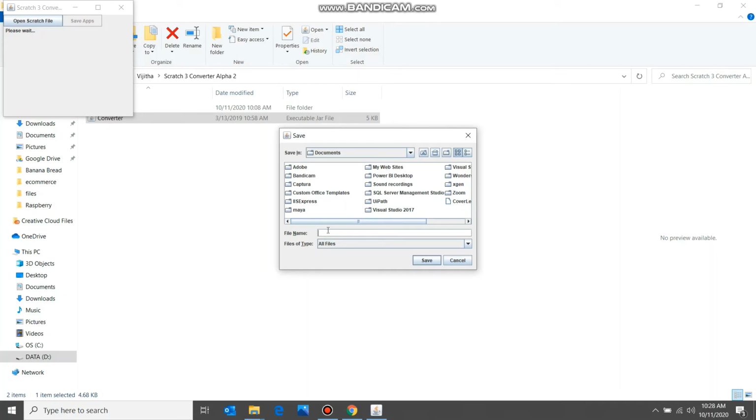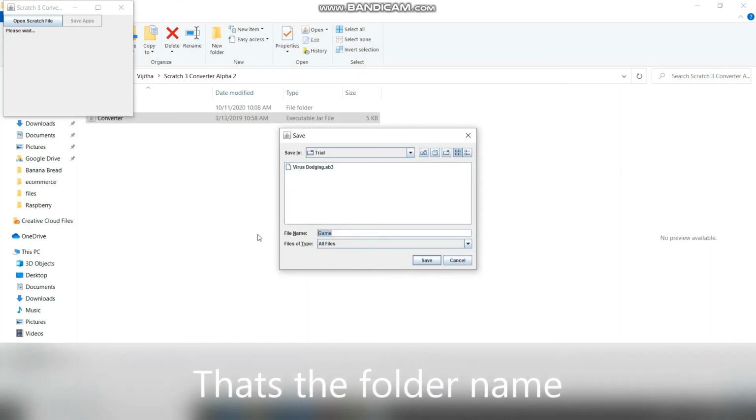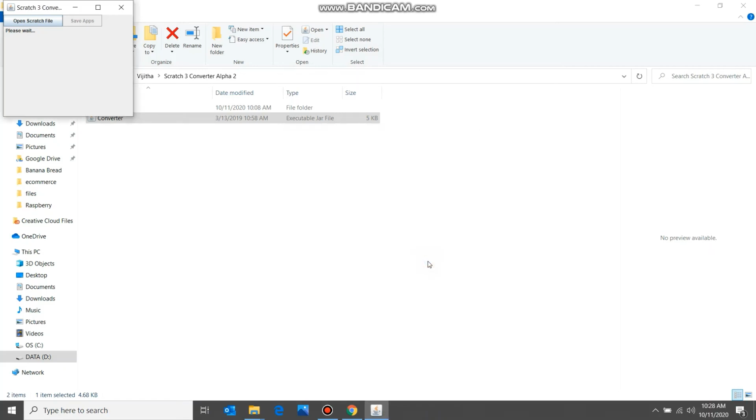Now you need to give the file name of the exe. So I'll put some name, and also put the location. I've created a specific folder called trial, so I'll put that there. I'll give the name dodging.exe, and click on save.